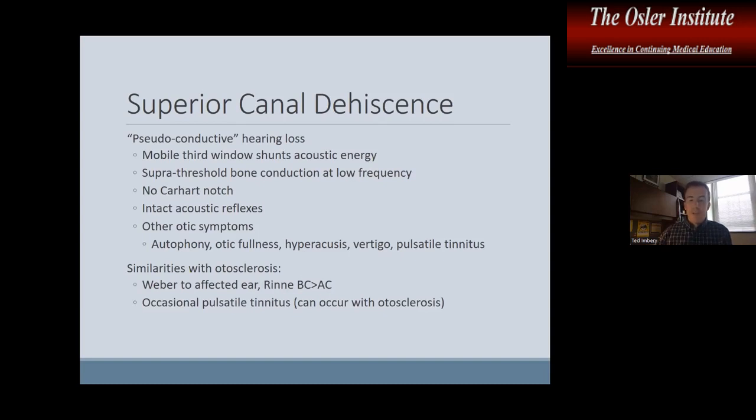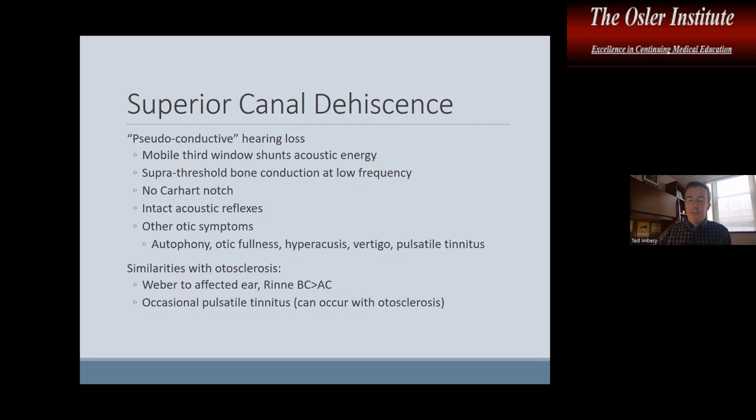What's happening is that a mobile third window through the dehiscence is shunting some of that acoustic energy away. They oftentimes will have what we call supra-threshold bone conduction, so their thresholds might be 0 or -5, -10 potentially. You may or may not see a Carhart notch, but you're going to classically have present acoustic reflexes, and they're usually going to have a constellation of other symptoms such as autophony, ear fullness, sound or pressure-induced vertigo,